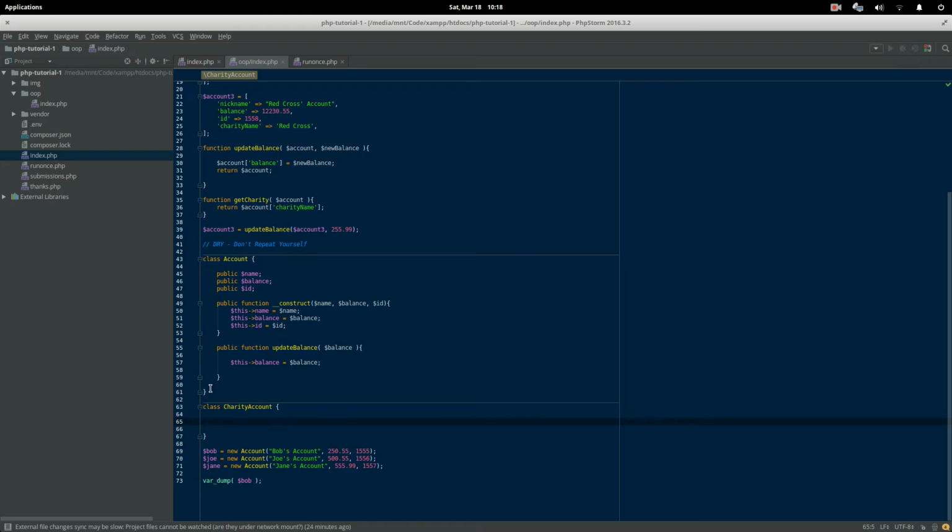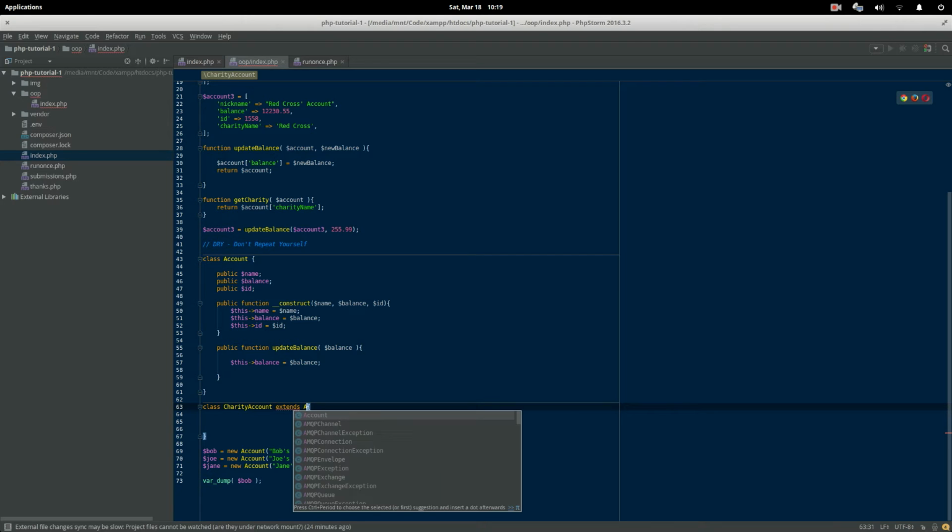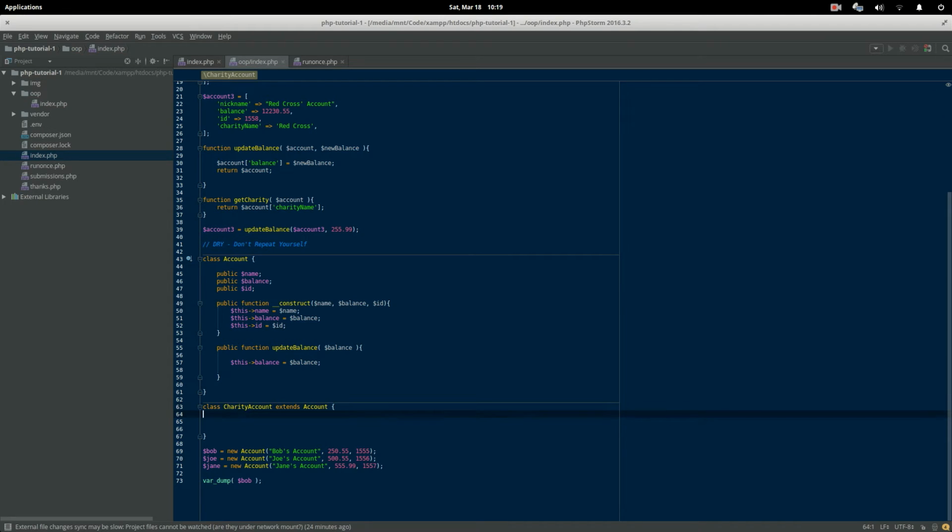So all we need to do is tell PHP that the charity account uses the same structure as a normal account. And we do this with a new keyword. This keyword is extends. And extends just means that the charity account is going to inherit or use all of the attributes and methods inside this other account class. So we're going to give it the name of the parent account. The class that another class extends from, that it inherits its methods from, is called the parent class. Because if you think of it like a ladder,